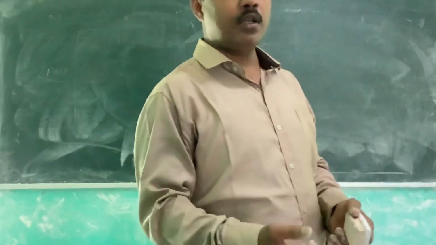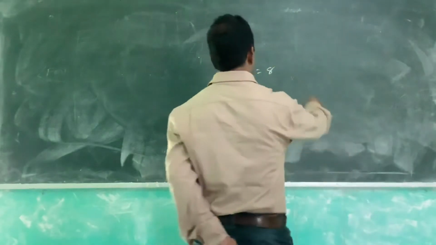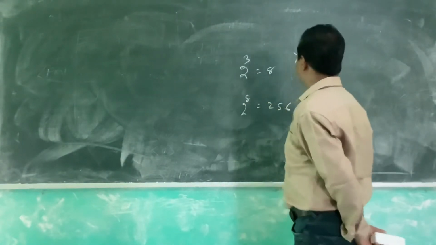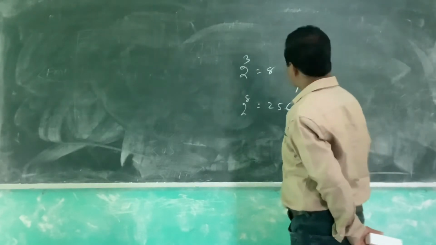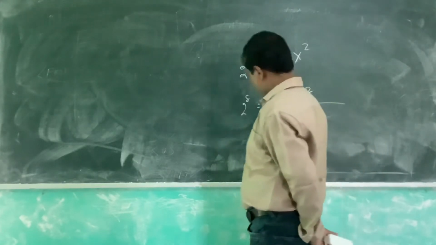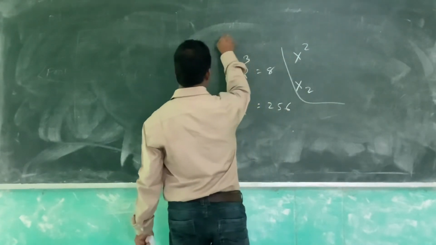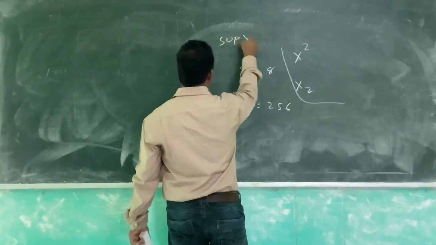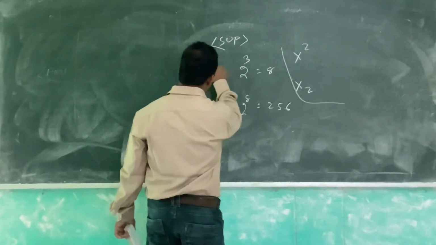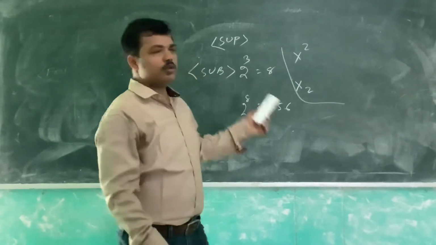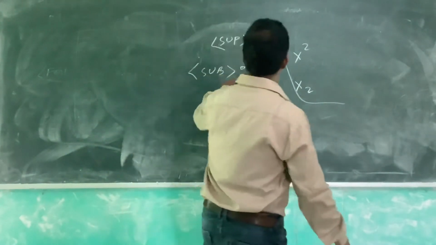In MS Word there are shortcut keys and also icons: this is the superscript icon and this is the subscript icon. Whereas in HTML, to type a superscripted value, we have to use the SUP tag, and for a subscripted value, we have to use the SUB tag. It is very simple to use.